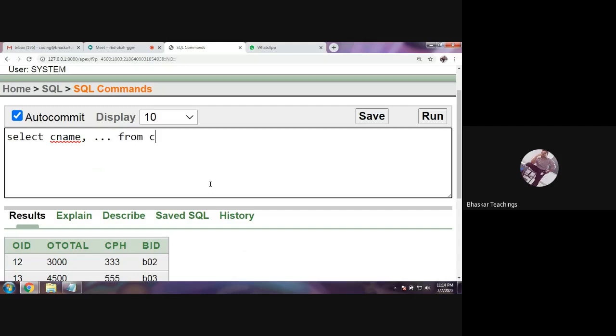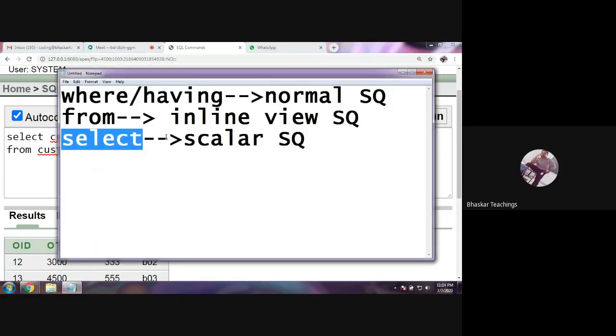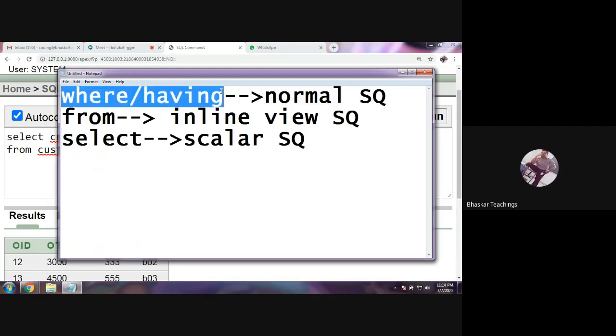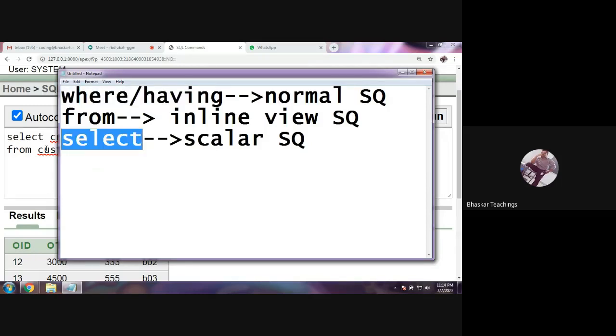From customer table. Okay, this is my actual outer query. Now let me write the inner query. So I have told you we can use the subqueries with select clause also. Subquery with where and having clauses, subquery with from clause, subquery with select clause. We have seen several examples with where and having. I'm showing you an example with select clause.